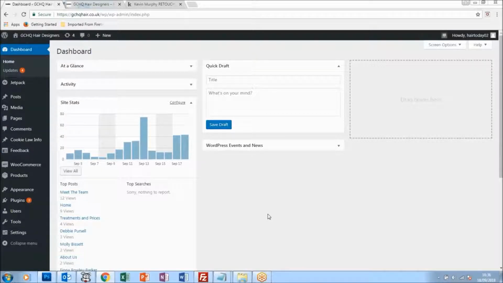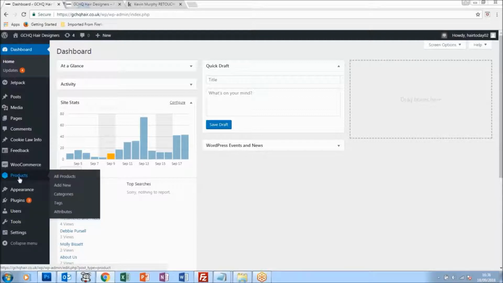Hi, this afternoon we're going to show you how to add products to your WooCommerce e-commerce store. And the first thing you're going to do is log into your admin area, which you should have login details for. If you haven't, speak to your web designer, web developer to make sure that he's passed them on to you. I'm going to click on over here, see products,